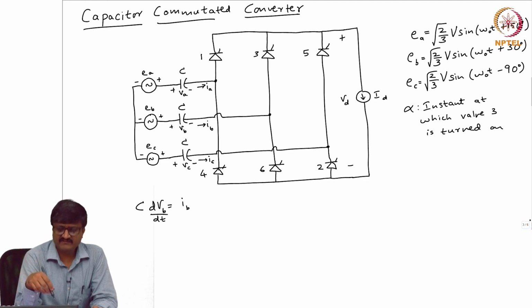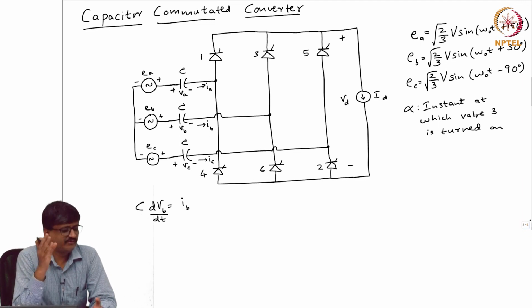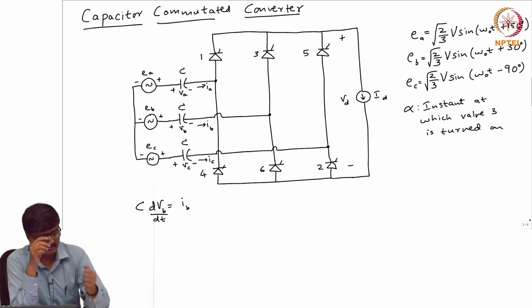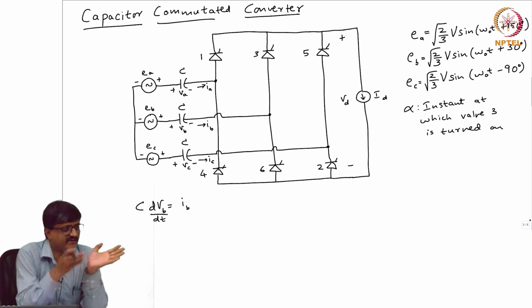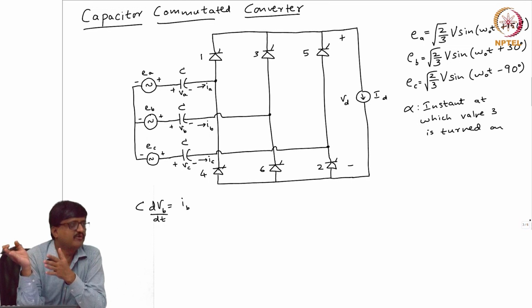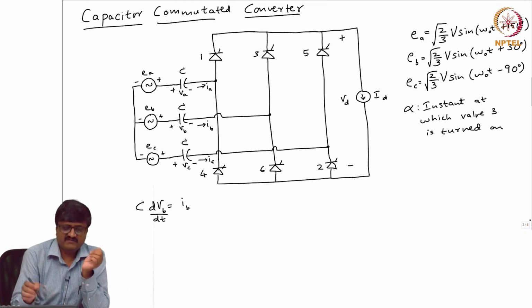Now, if you are familiar with this term commutation, what is commutation? Okay, a current gets transferred from one valve to another. Now, to get that current transfer, one valve should turn off actually. So, you would have studied commutation to be the word used even for turning off of a valve. Only when it turns off, the current that was flowing in that valve would shift to the another valve. So, capacitor is seen to help that commutation process.